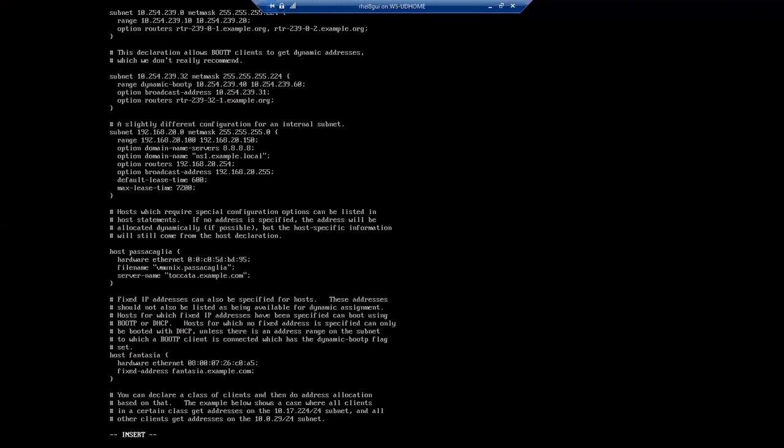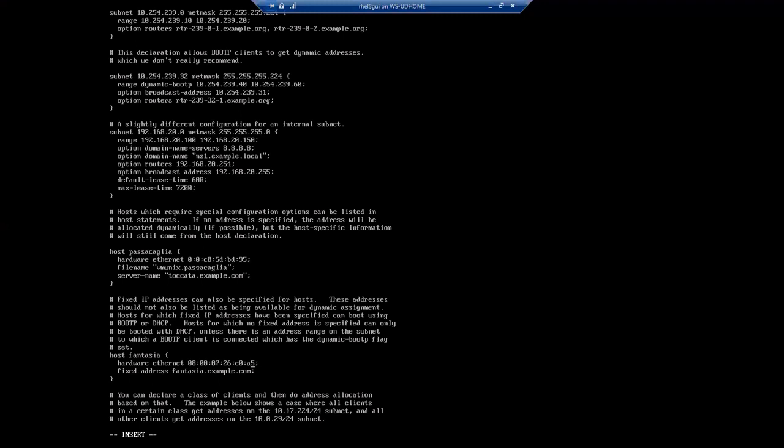So we can configure a reservation. Whenever this MAC address comes to the network, it will always get the same IP address, so we can say it's dynamic, right? But it's a static dynamic IP address, where I'll always be getting the same IP address. I feel as if I'm getting a permanent IP address, but actually it is not. It's a dynamic IP address based on the MAC address.